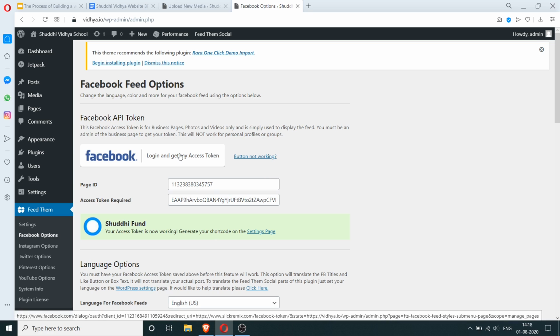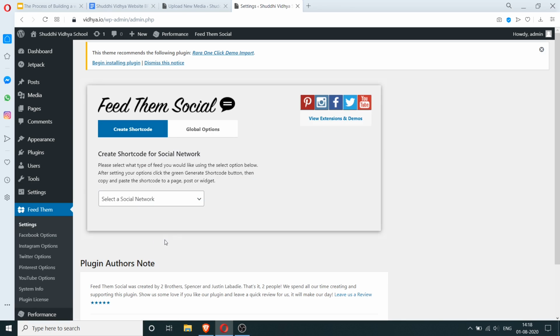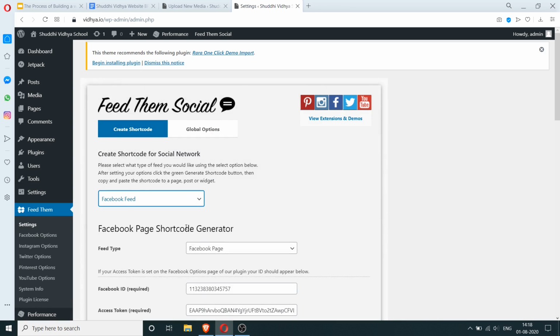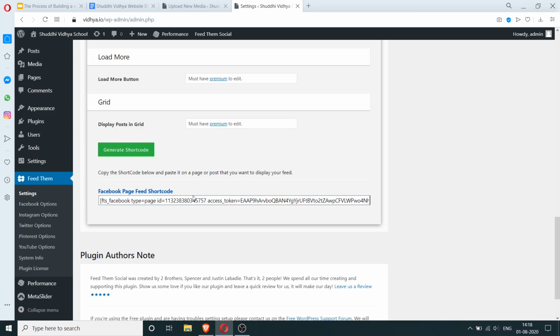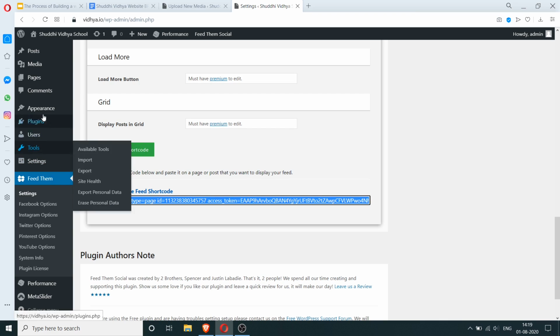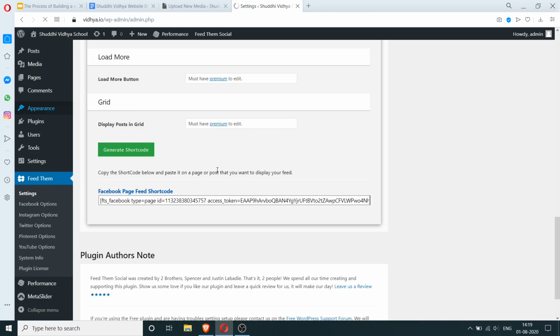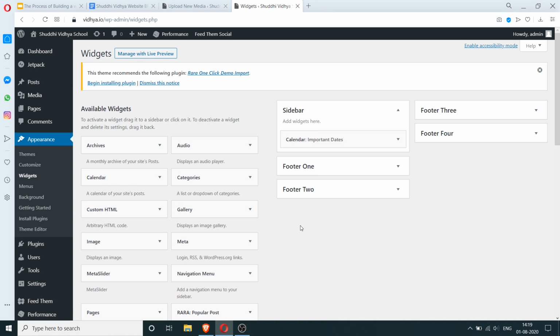I've gone ahead and logged in with my Facebook to get the page ID and access token required. So I'm just going to go to the settings and go to Facebook feed and generate the short code. I'm going to copy this short code and go to widgets, and I'm going to drag the custom HTML and then paste it here.